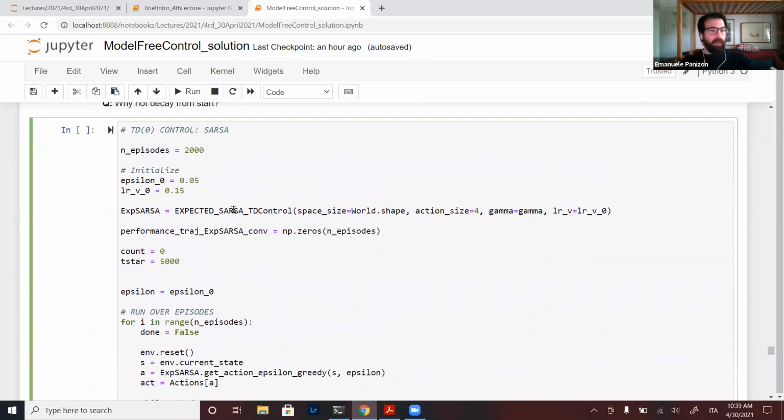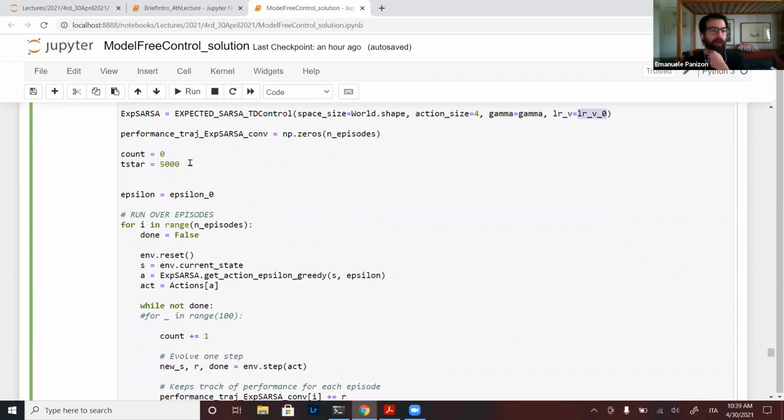Same as before, but now I'm first of all initializing an epsilon, which is the epsilon from the start, which will start and then decay, and a learning rate from the start. Then I'm initializing the expected SARSA class with the learning rate, and I'm adding a t star, a time for the decay to start, and I'm adding a count.